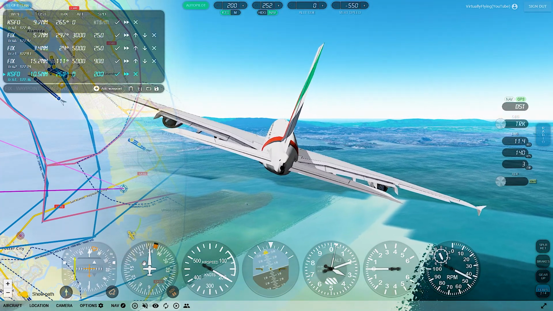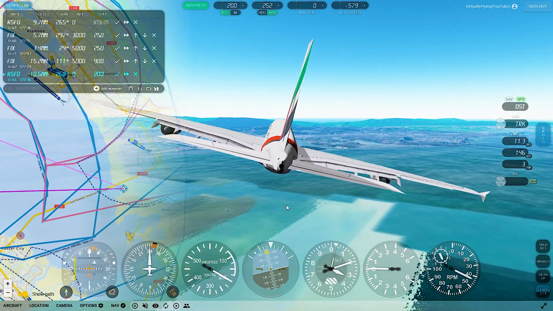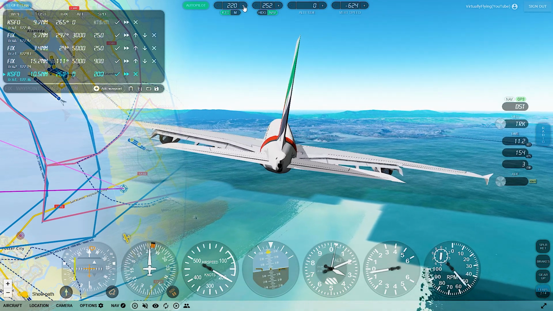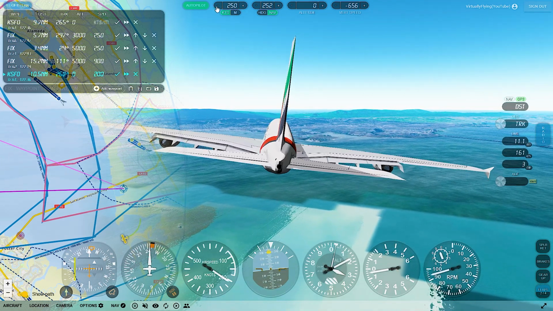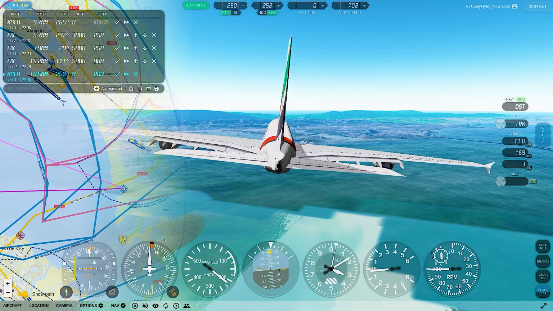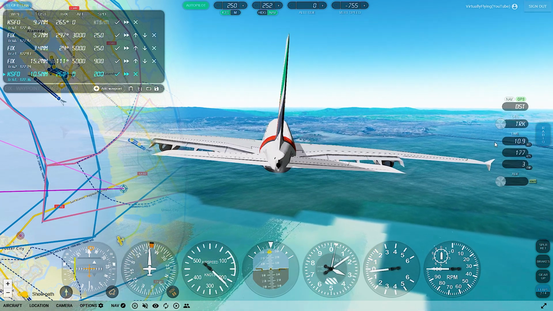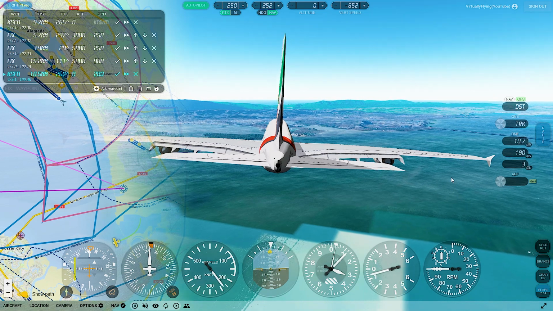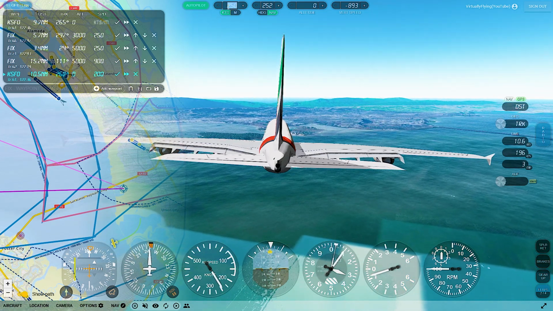Alright, as you can see, we hit our last waypoint before our arrival or destination waypoint. I usually run at 250 knots until we hit 10 miles out, then I'll slow to 100 or 200 knots. A couple things I want to show you while we're making our approach is